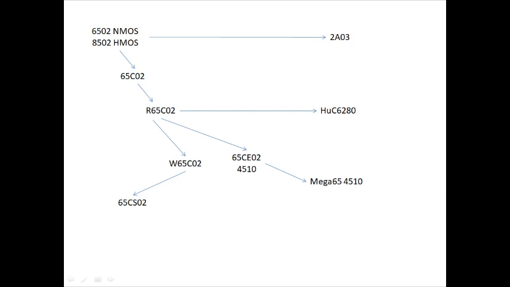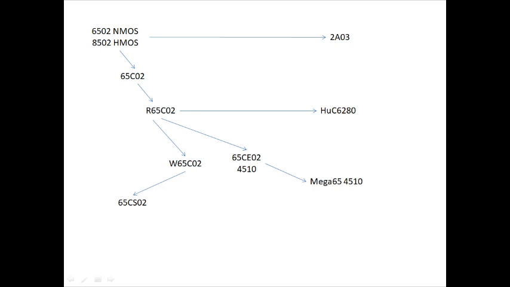HuC6280, which is very strange. Moved the zero page to the middle, added 2 megabytes banking, a couple of data ports Z80 style, few extra status flags. It's trippy. Then the Western Design Center took the R65C02, added a couple instructions to it to make the W65C02, then took out the extra bit instructions from it to make the